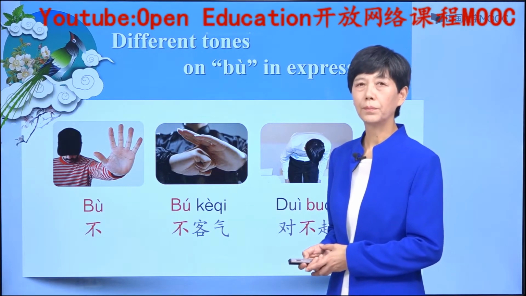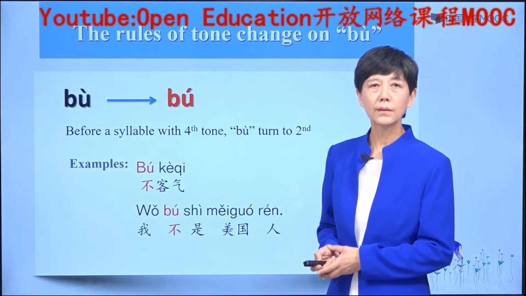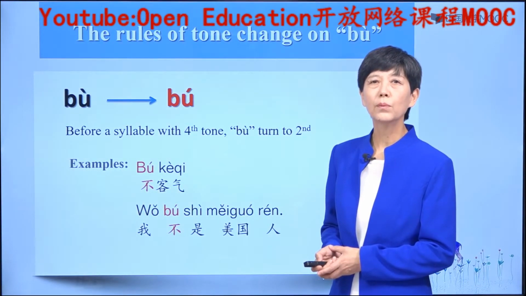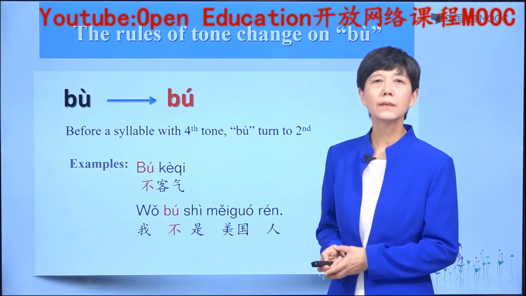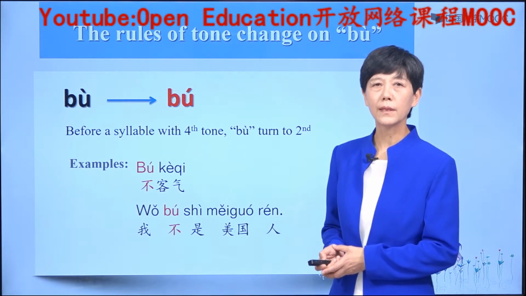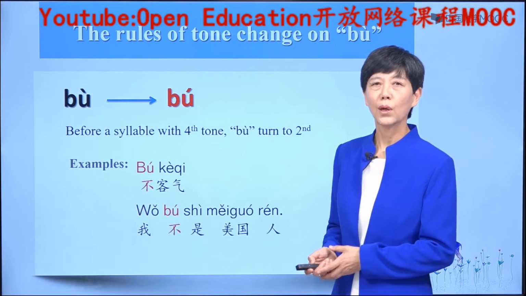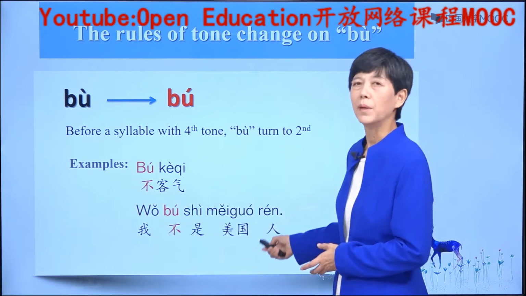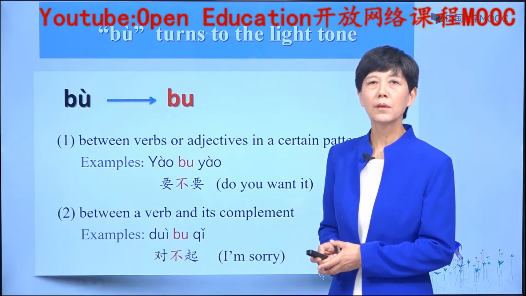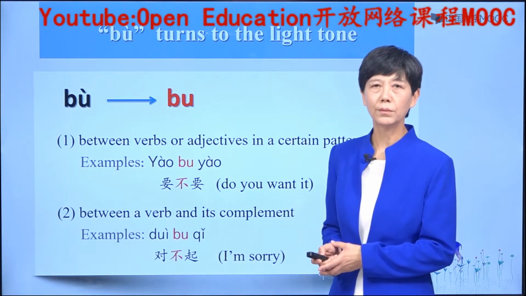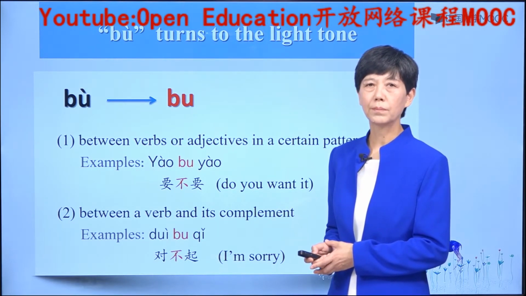What is the rule? When the word 不 is said before a syllable with fourth tone, in that case, 不 will take second tone. For example, 不客气，我不是美国人。